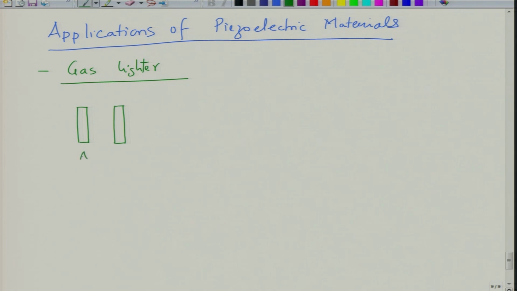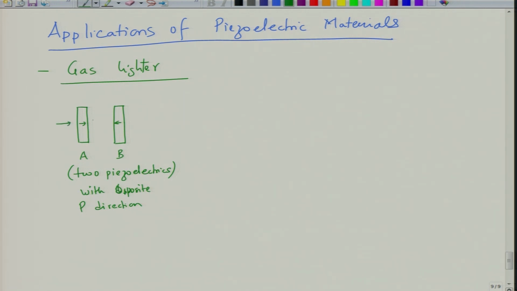Okay. So, let us say A and B, these are two piezoelectric samples. We take them in such a manner so that their polarizations are reversed. So, let us say one is this polarization, another is this polarization. So, two pieces with opposite polarization direction. Okay. So, when you take these two samples, let us say in this sample you have up and another sample you have down, and then you apply the stress to them.